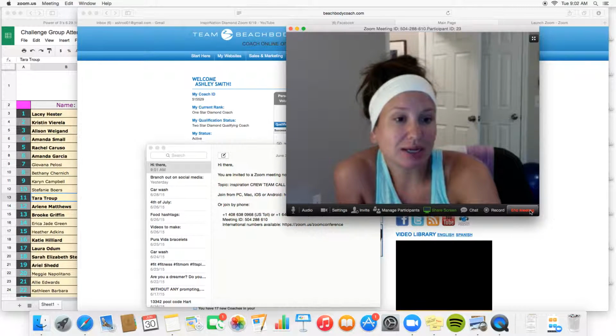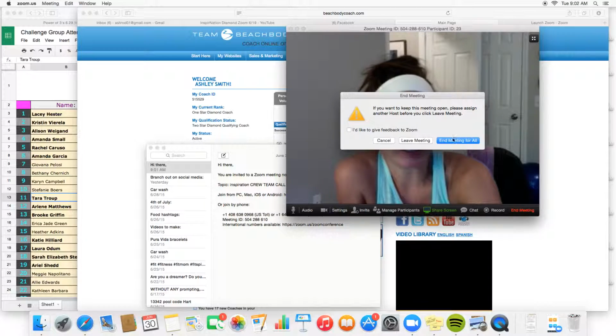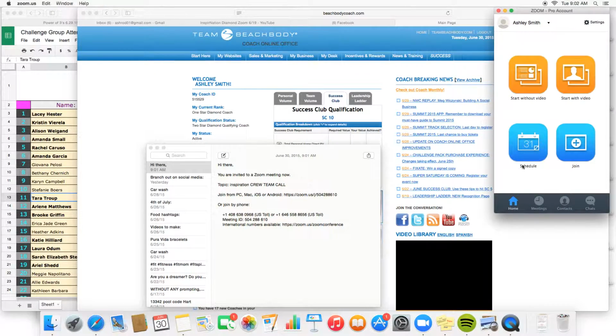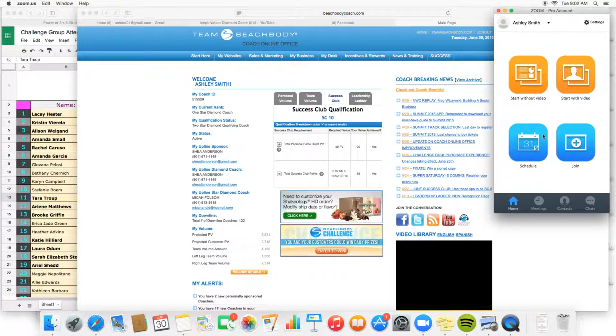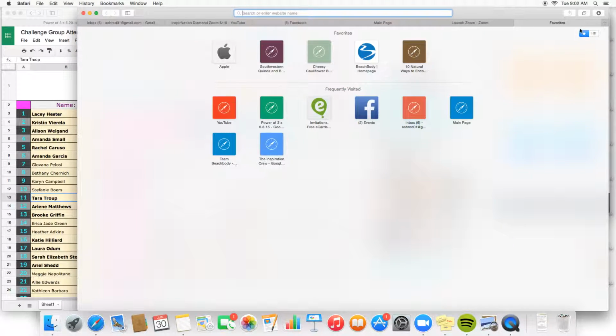So when I'm done, I just end my meeting and I say, yes, I want to end the meeting for all. That ends the entire meeting for everyone. And then it's going to start loading into my folder that I have on my computer, and then I'll be able to see it. What I want to do after that is then go to my YouTube channel,